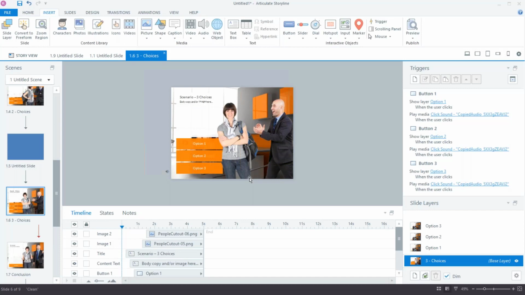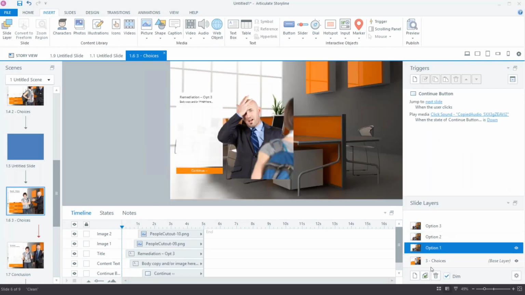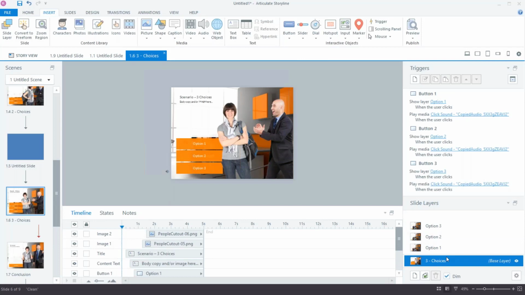I also like to do layers to sort of keep a concept together. So again, here I've got my three choices. I could very easily craft out these options into 3 different slides, but then it's a little harder for me to keep track of which slides go with which choice. Whereas this way, I can just say from here, I'm going on to the layers.